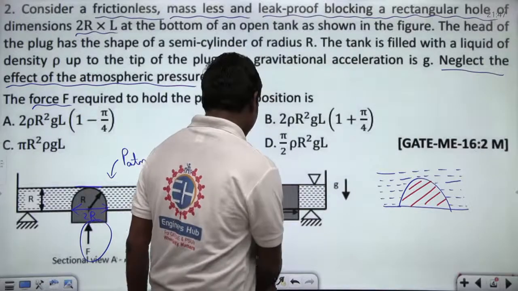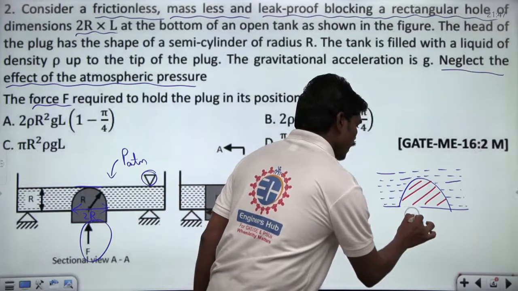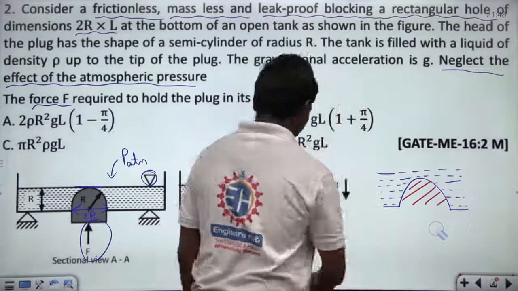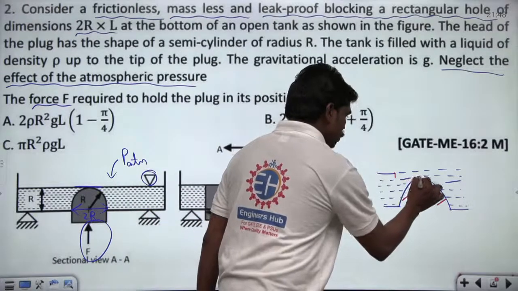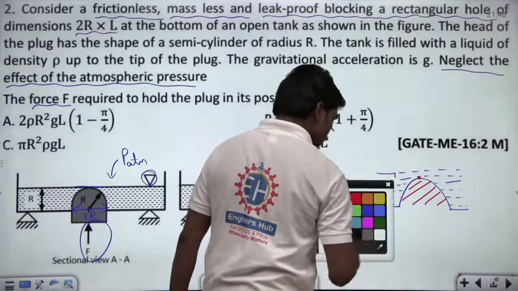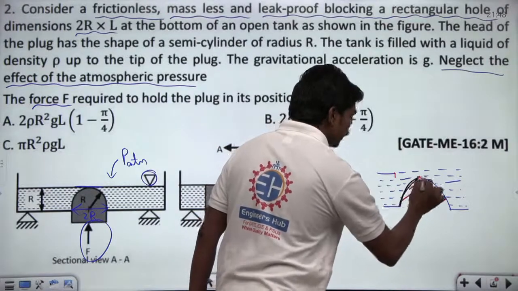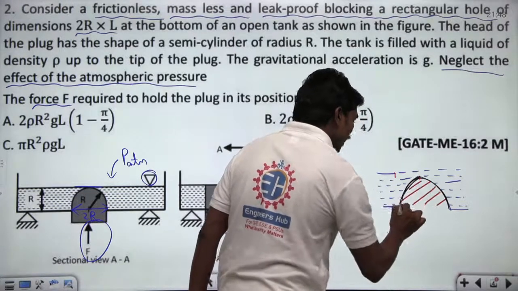Yes, the plug is something like this. So now see here. If you see this gate as two portions, this is the first portion. Look, let me draw this. If this is half portion of the plug and this is the other half portion of the plug,